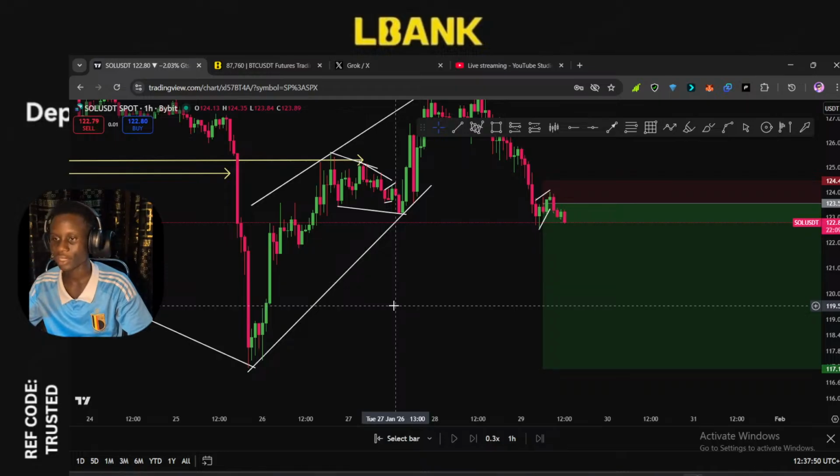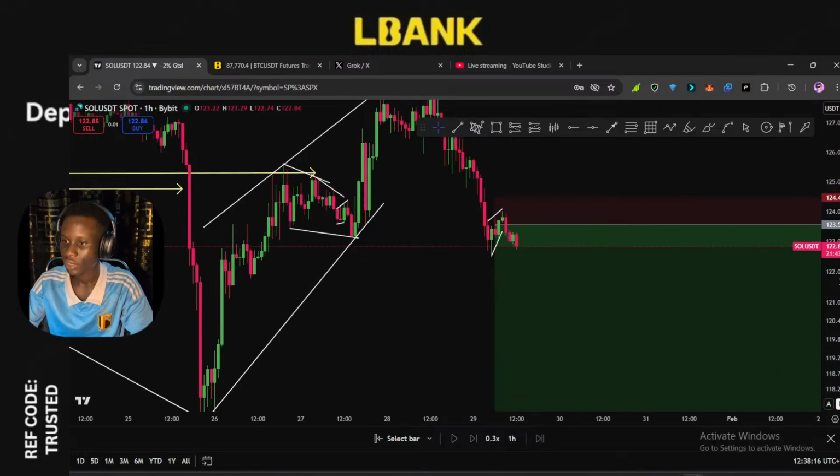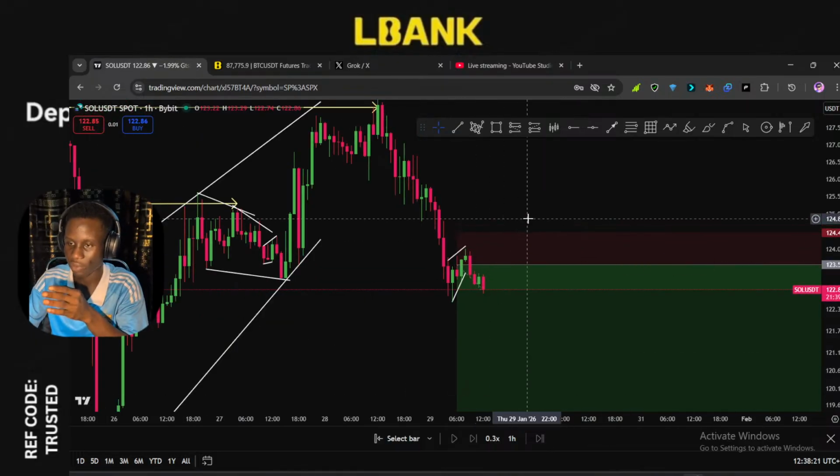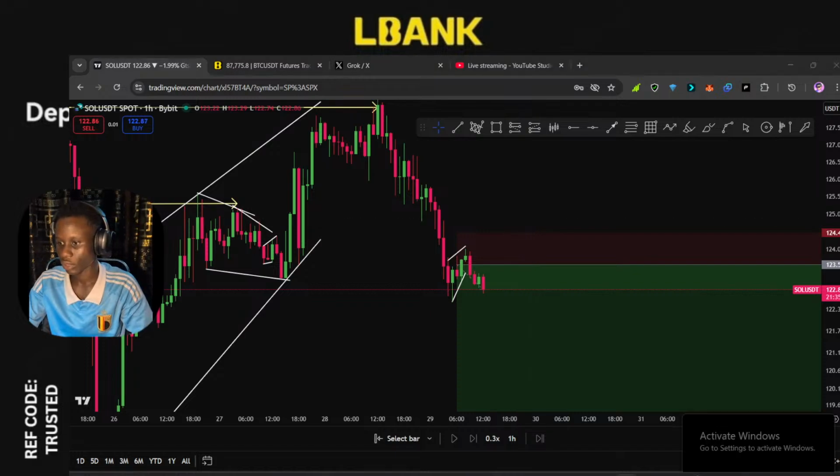And after you find that, you need to work with your what? You need to work with your price action patterns, which is either the bull flag, the bear flag, the steep pattern, or the timing flag. I make use of those four: the bull flag, the bear flag, the steep pattern, and your timing flag. Like this now, this is a bear flag. This thing forming currently on our 1 hour time frame is a bear flag. I hope you've jotted that down, and let's continue to market order